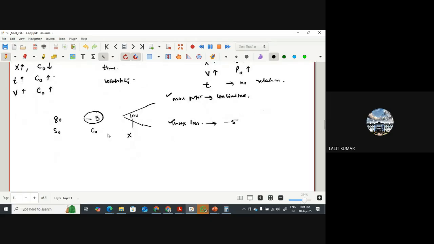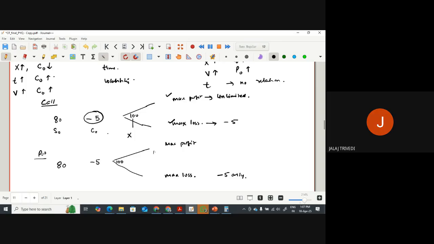Okay. Now I give you the same scenario. This was for call. I give you the same for put. Stock price is 80. I purchase a put of rupees 5. The strike rate is 100. So what is the maximum profit and what is the maximum loss? Yeah, maximum loss is -5. And maximum profit will be capped at